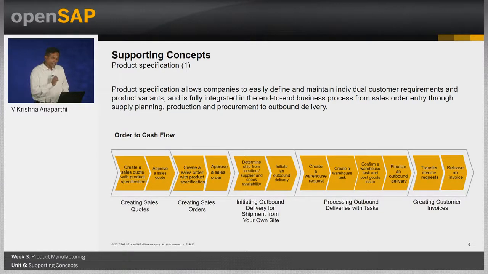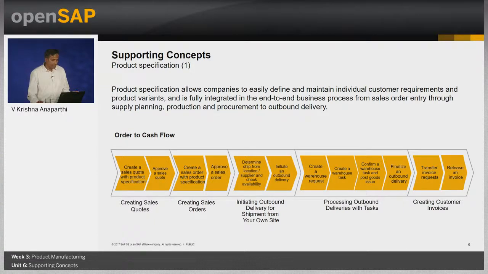Having discussed batch management, let's quickly discuss product specification. We already know that we can use product specification ID and properties to record the special requirements your customer needs. The product specification ID and properties follow the product through the process of external procurement or internal production. This enables you to order, manufacture, pick and ship products with specific requirements to your customer.